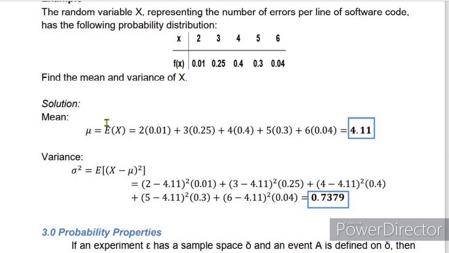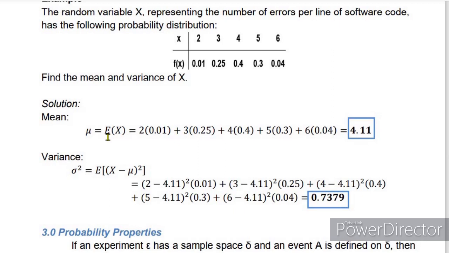So the solution. For the mean, we will use mu equal to the expected value of x. We will just multiply each random variable by its corresponding probability distribution, or f of x. Then we will add them all to get 4.11 for the mean. Next, for the variance,